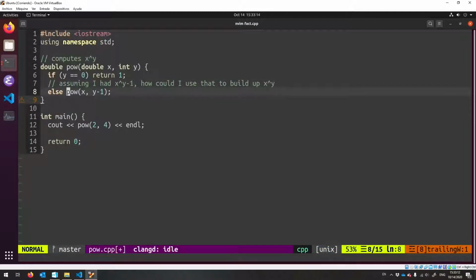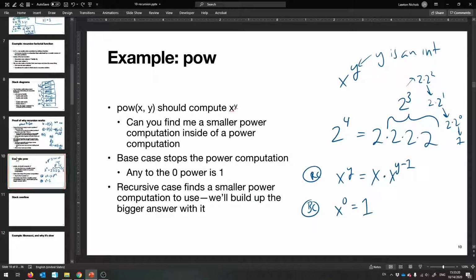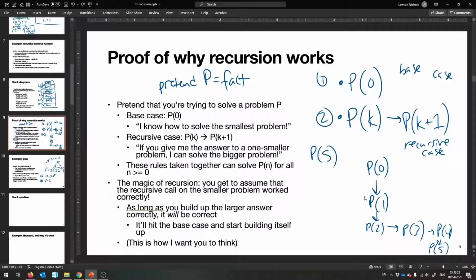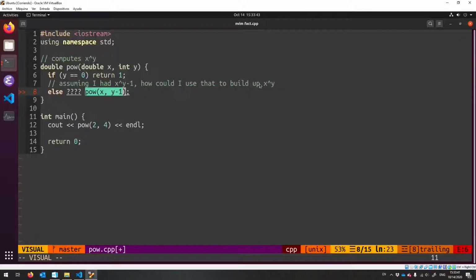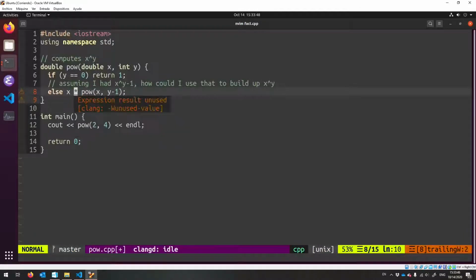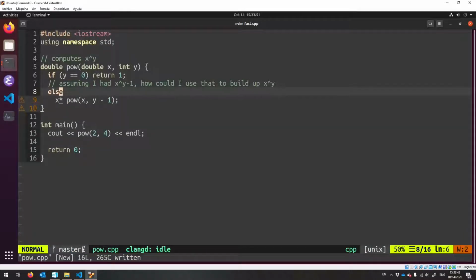So I gotta do some extra stuff here involving that. Okay? And the reason that this works, again, is you just get to assume you have this smaller answer, build up the bigger answer correctly. By the power and magic of recursion, eventually it's going to go down to the base case and build itself up using your correct rules. All right, so this is going to give me x to the y minus 1. Using math, I just have to multiply by an x and I'll have the final answer. Bam, I have a working, correct